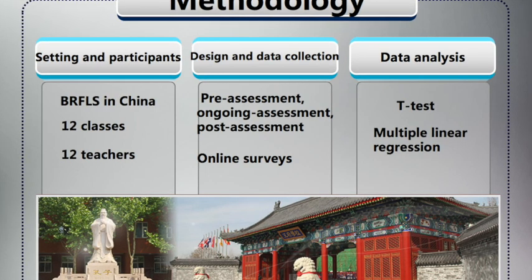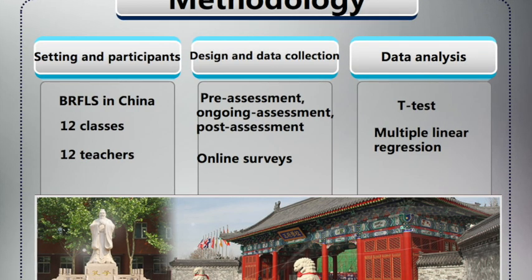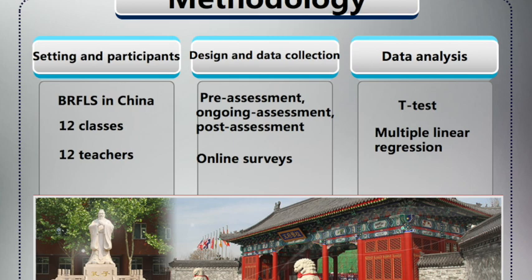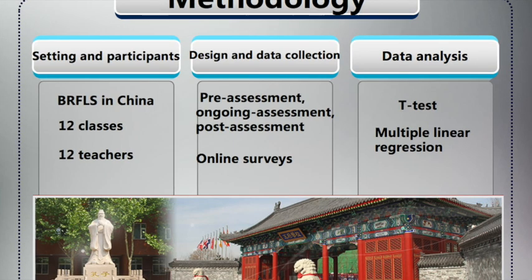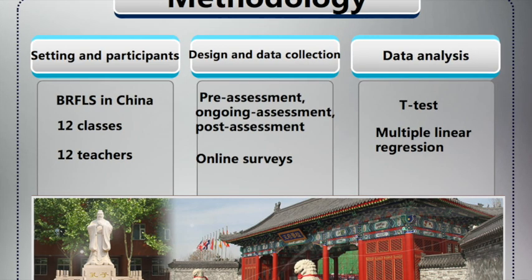The first period, pre-assessment, will be in the first week of the semester. The second period, ongoing assessment, will be in the middle of the semester. The third and final period, post-assessment, will take place at the end of the semester.